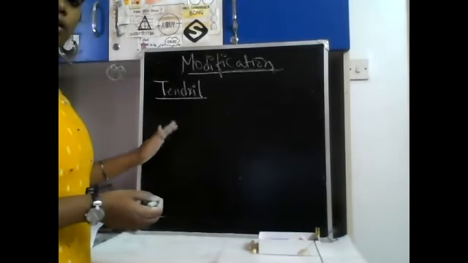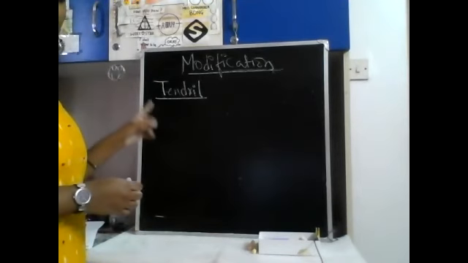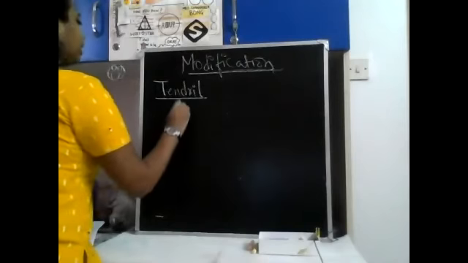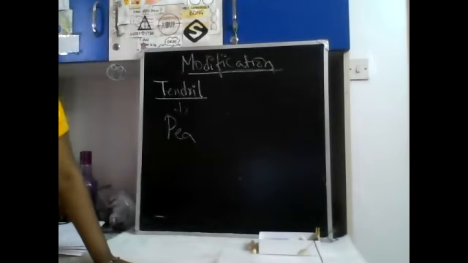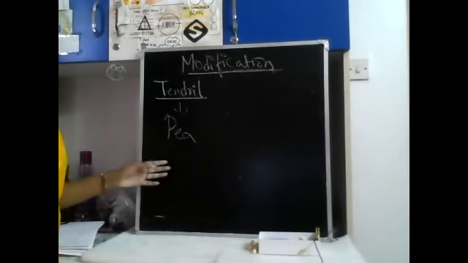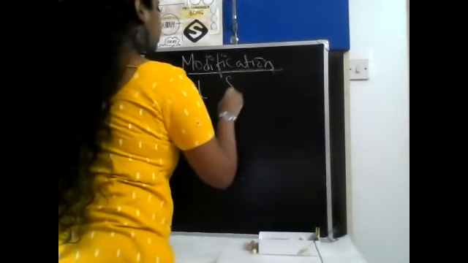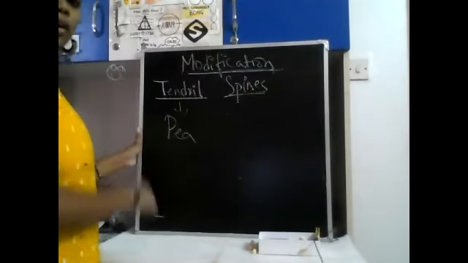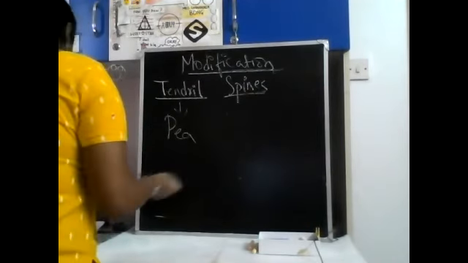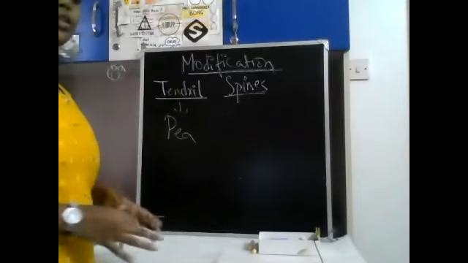But in a tendril, it is a leaf modification. So the origin of this tendril is from its axillary bud. We'll take one example, P. All tendrils are present in order to give support for the plant, mostly climbers. Okay. Next, we have spines. In case of stem, we saw thorns. Here we will see spines, which are reduced leaf structures. Okay, these are mostly for defense of a plant.